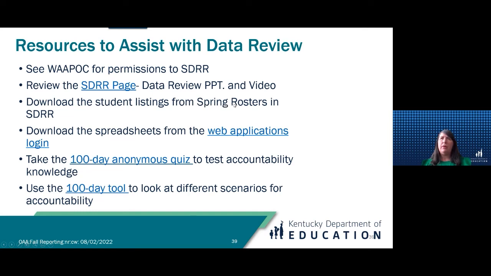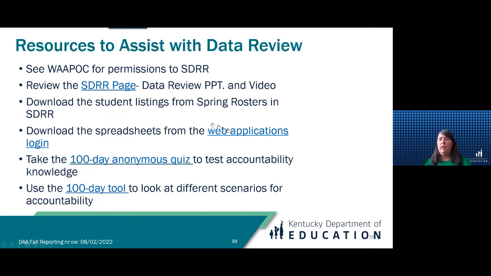And remember how I said to go into SDRR once you get logged in, and remember where I said it was closed? Go to that closed, and you can go back to the spring rosters, and even though you can't make changes to it, you can still download your student listings and your change listings that you made for spring rosters, because it's going to be very important to double check to make sure that those changes previously done in spring rosters are reflected in data review.